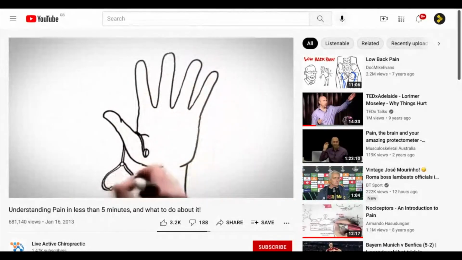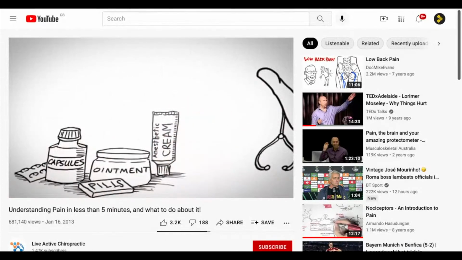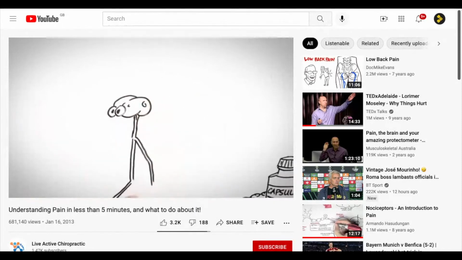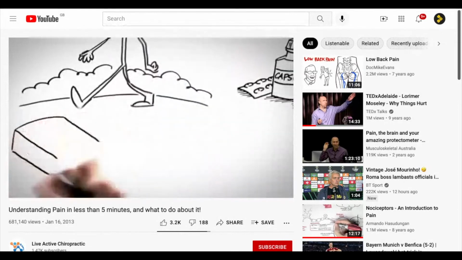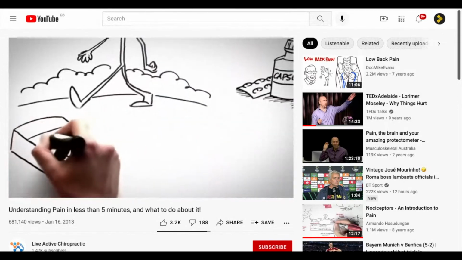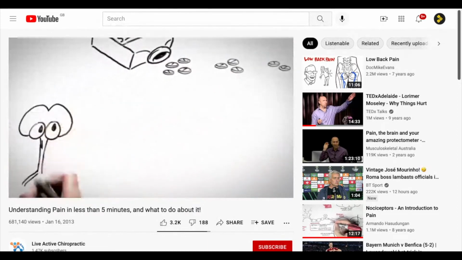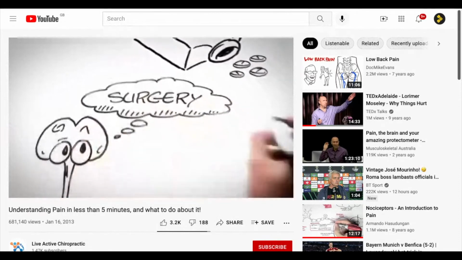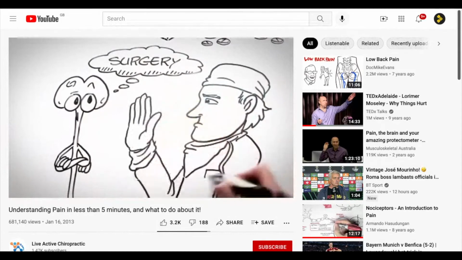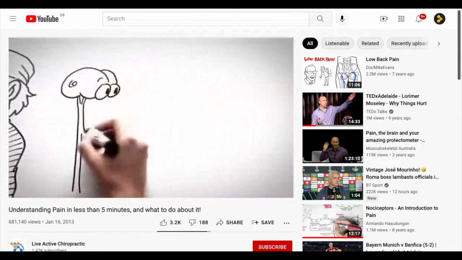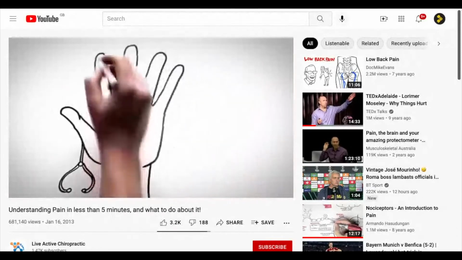Let's start with the medical side. Firstly, taking medication can help, but only to a limited extent. It is the more active approaches that are necessary to retrain the brain. So using medications to get going is okay, and then mostly they can be tapered and ceased. Some people also think surgery might be the answer, but when it comes to a complex problem like chronic pain, surgery may not be helpful. So if you're thinking of surgery, it's best to get a second opinion, and remember to consider all the things.